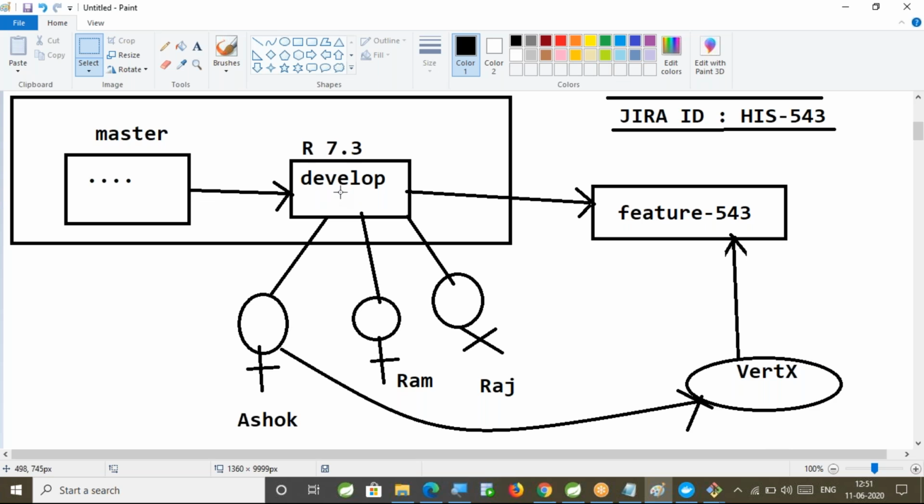So with that intention, every developer, when working on a complex story, will create a branch from the existing branches. They will commit their code to the new branches which they created. For example, me as Ashok, I created this branch called future branch from the develop. So whatever code we have done till today, all these three, that code from the develop, copy it to the future. Develop branch is available, future branch is available. Ram and Raj are committing their code to the develop branch. Ashok is going to commit Vertex code to the future branch.